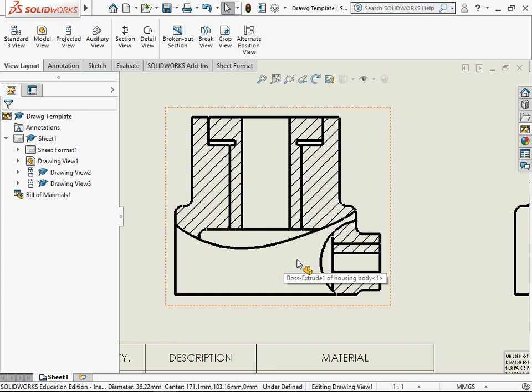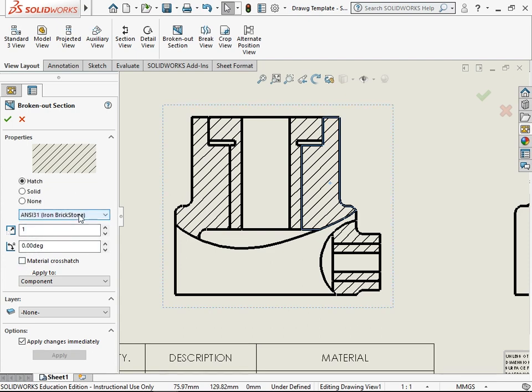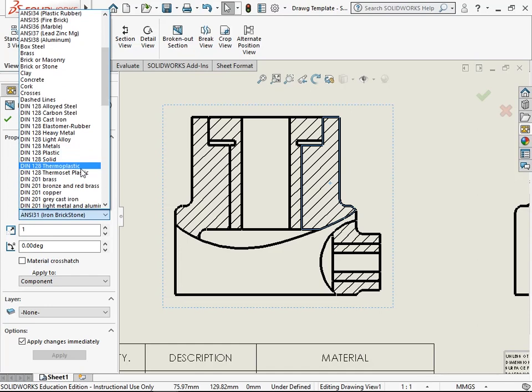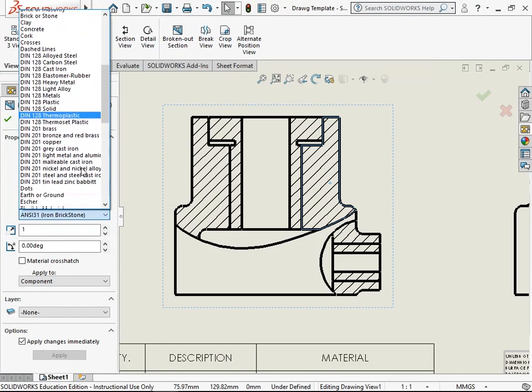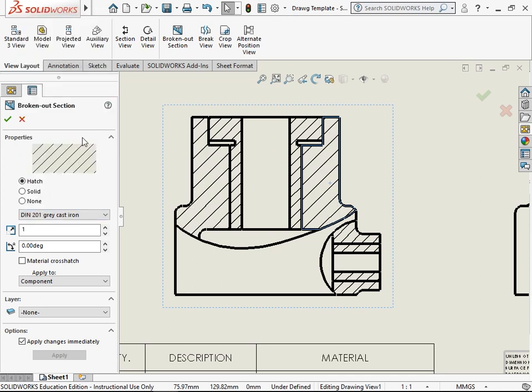Let us change the crosshatch pattern for the materials that are in here, the different parts that are in here. Select the area represented by the housing body in the property manager. Uncheck the material crosshatch and then assign this as a material